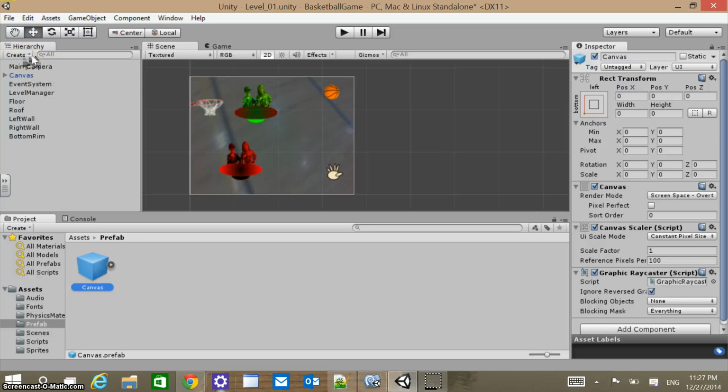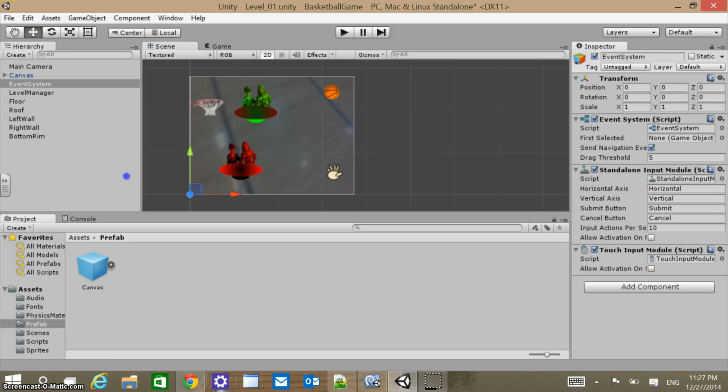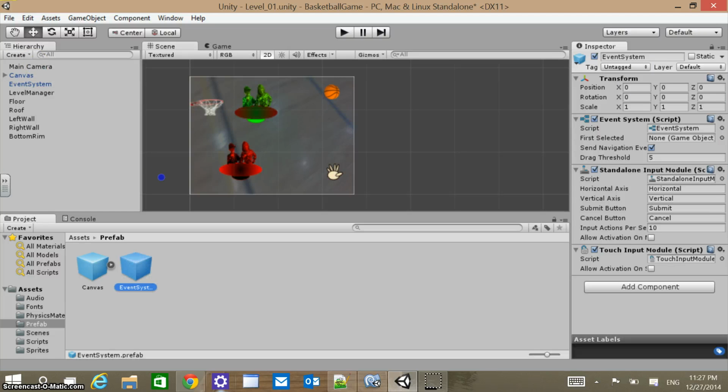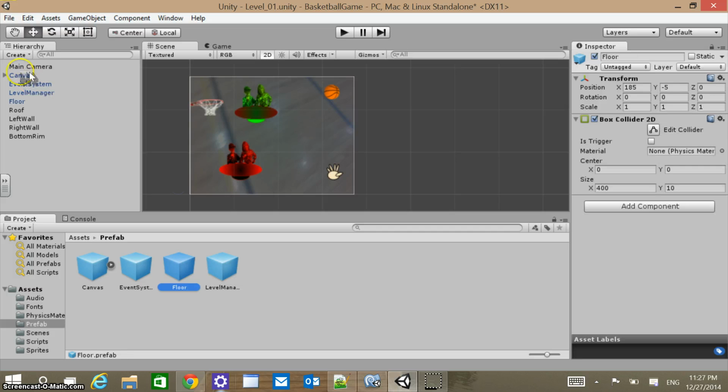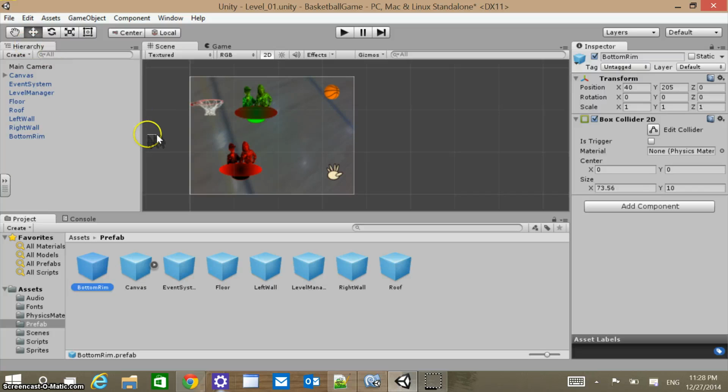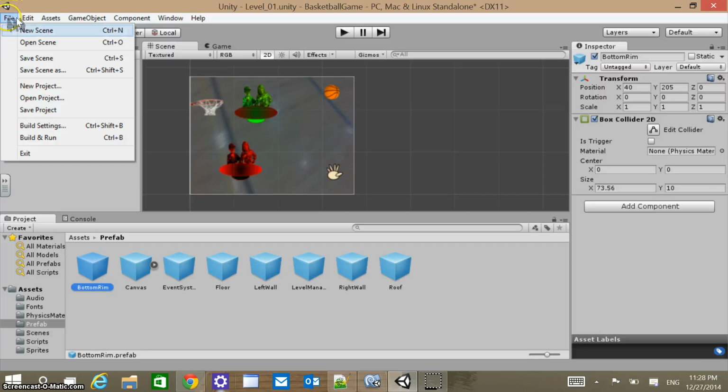It's going to have a whole bunch of components with it: vent system, level manager, floor, roof, left wall, right wall, everything there, even the main camera if I wanted it. I'm going to leave that. And then I could go up here and go